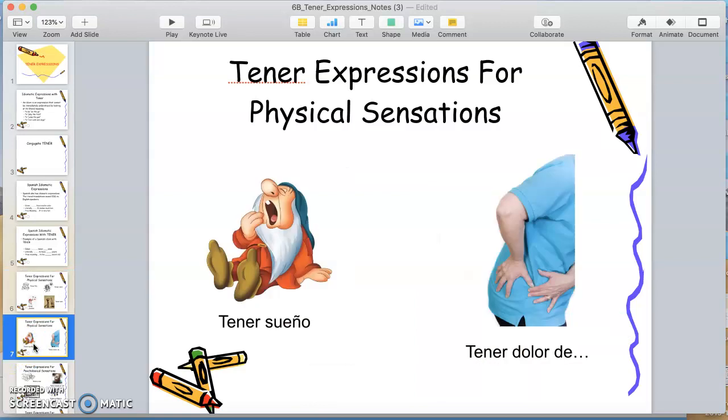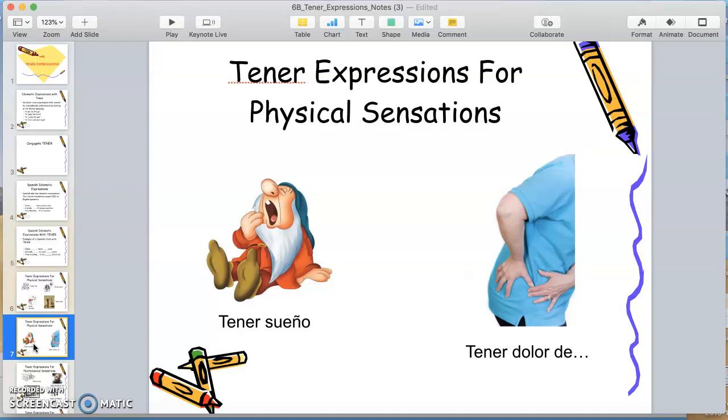Okay, so we're back to sleepy. ¿Tienes sueño? Sí, yo tengo sueño. Sí, yo tengo mucho sueño. So I can add words like muy or mucho in between the two words, okay, to add emphasis to whatever I'm saying. But for now, let's not worry about that. Let's just know how to take this expression and translate it into English, how I can take the expression and ask a question, and how I can take that same expression and answer the question. So there's 3 components going on.